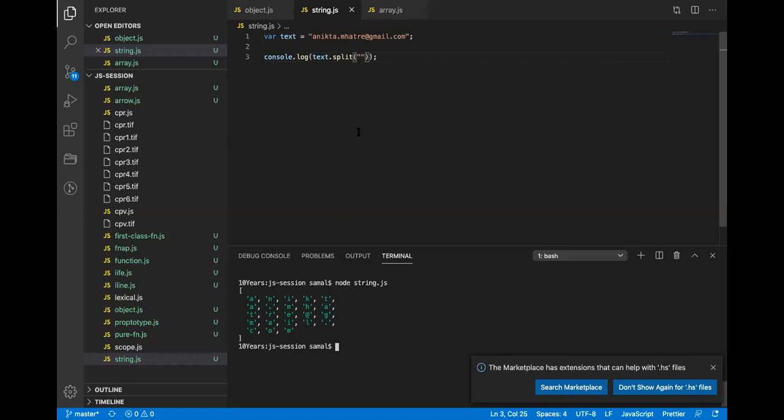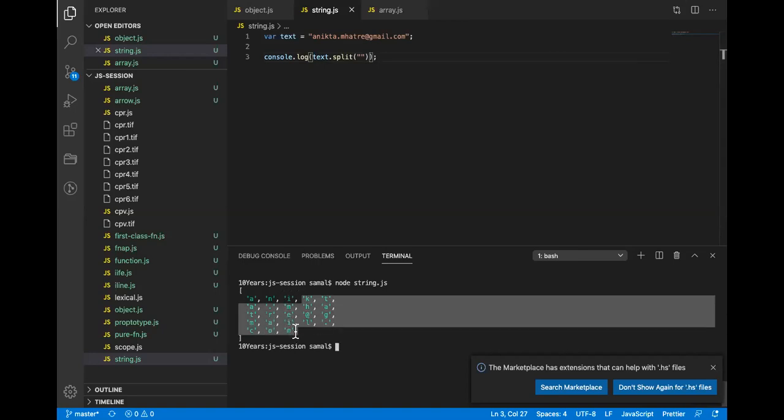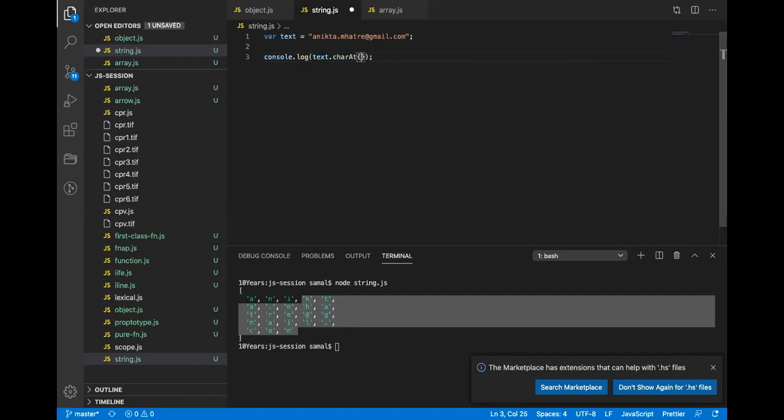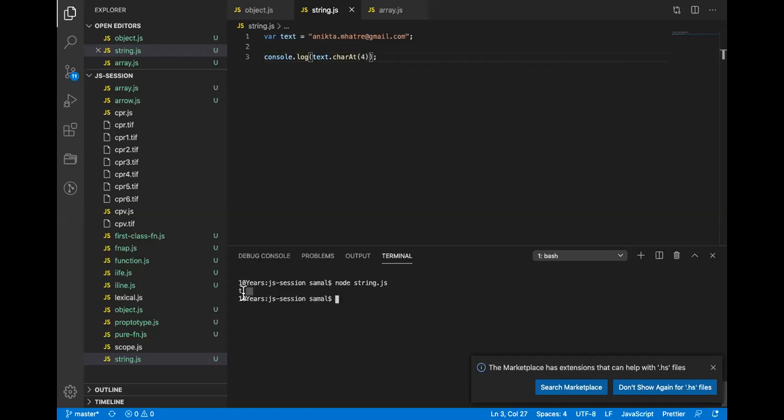Now this is created, and when I use substring, it will take a position from that and concatenate that value again. Then we have a dot substr. I don't remember exactly why these two functions exist. I guess both do the same thing. Then there is charAt. We have never used it. Let's say index number, if I give position 4, it will give me the 2. It is there, but I have never used it.